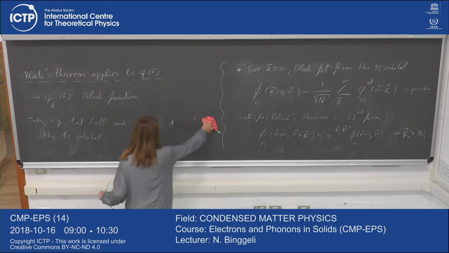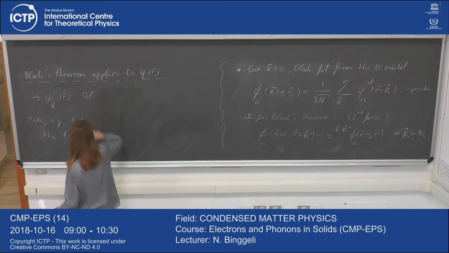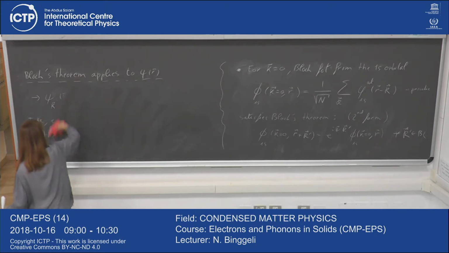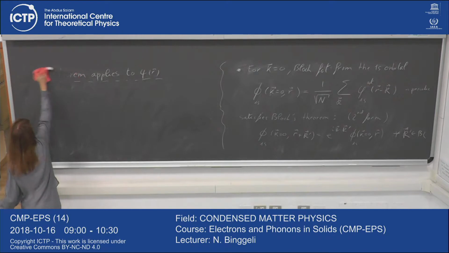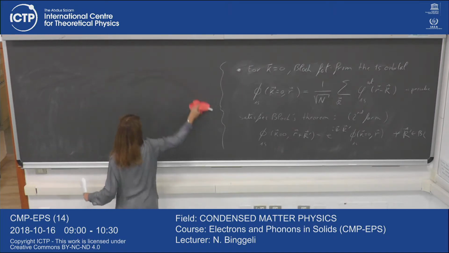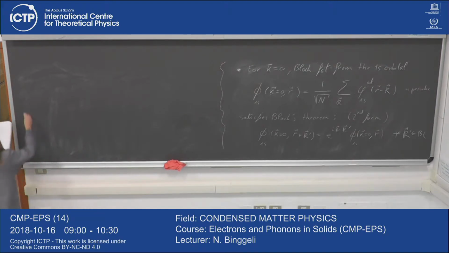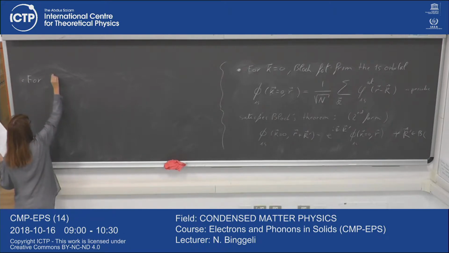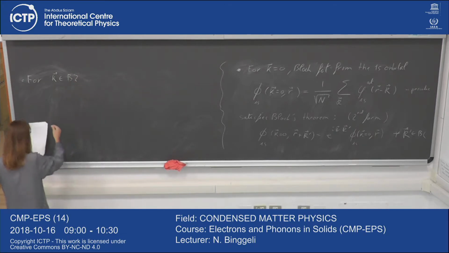Now, for k different from 0, there is a specific form that satisfies, that is a Bloch state. So now, considering the case for k different from 0, k belonging to the Brillouin zone, but different from 0,